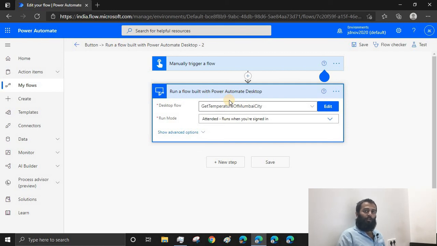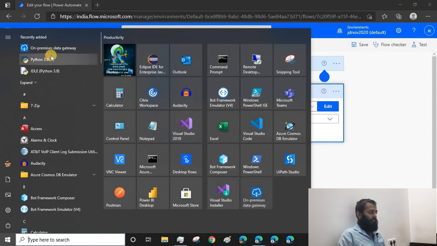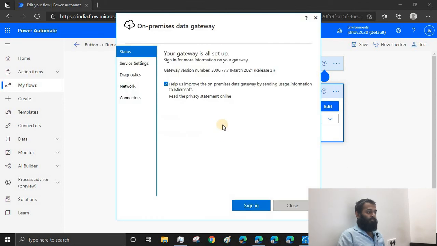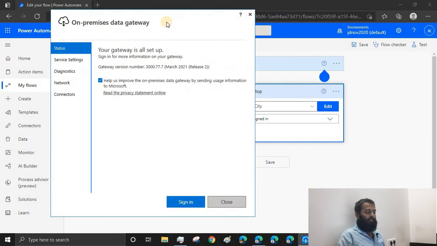So these two are the common issues people face, and even I faced that issue. For that, if you ever get those two errors, then you can open the on-premises data gateway that we have installed just now. Once you open it, you'll see the sign in button.